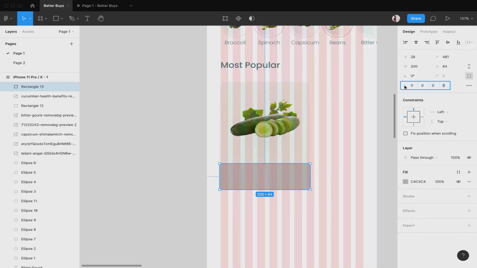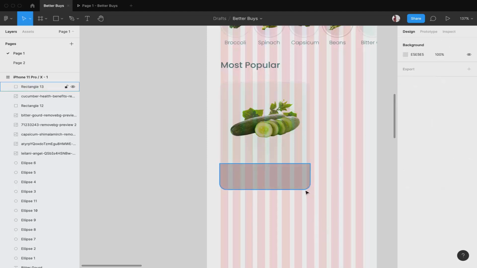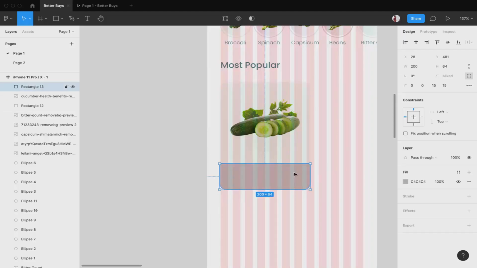Okay, so I want for this angle, so I'll add 15 over here. So you can see this part is rounded. Now this value is for this part, so again over here also I'll add 15, and so now you can see these two corners have a border radius, but these two don't. Okay, and that is exactly what we want.